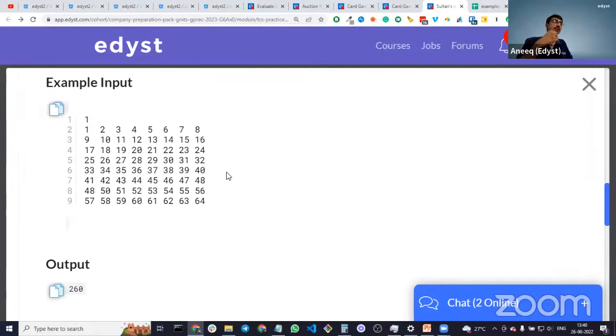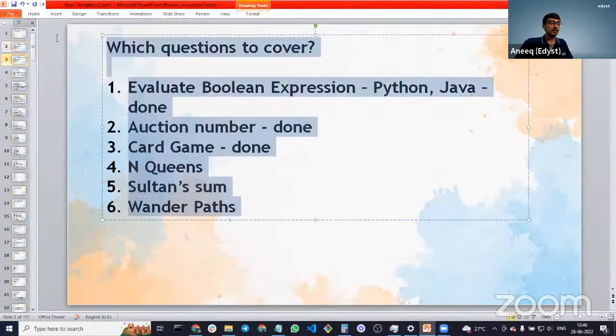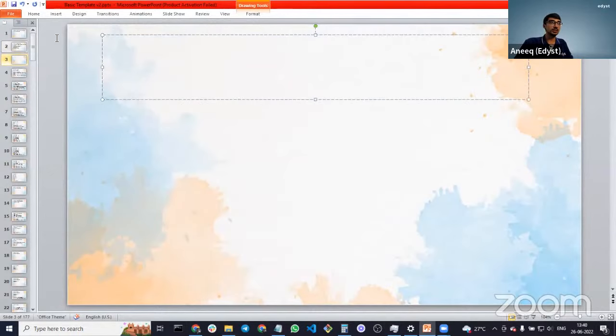We need to place the queens such that none of them are actually attacking each other. And we are always given an 8x8 board, so we don't have any issues there, right? It's an 8x8 board over there. So we can actually just hard code the value 8 and place all the queens in such a way that none of them attack each other. Very quickly, for those of you who probably don't remember n queens, it's like, let's say I've given you an 8x8 chessboard, right? So something like this, let's say,